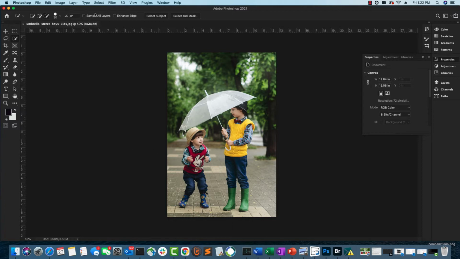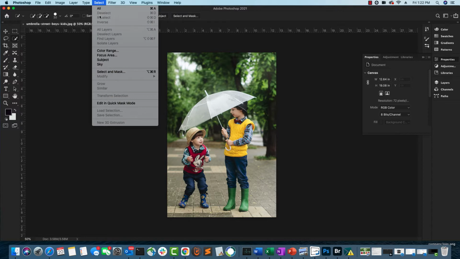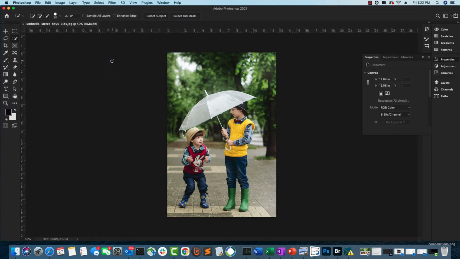So to do that, you can go to Select and choose Subject. Once you click on it, it will identify the dominant objects in the picture and draw a border around them. As you can see, it has selected the umbrella, this boy in the yellow sweater, and the smaller boy in the red jacket. Most of the time it does a good job, but if you want to fine tune it, you can probably do that using